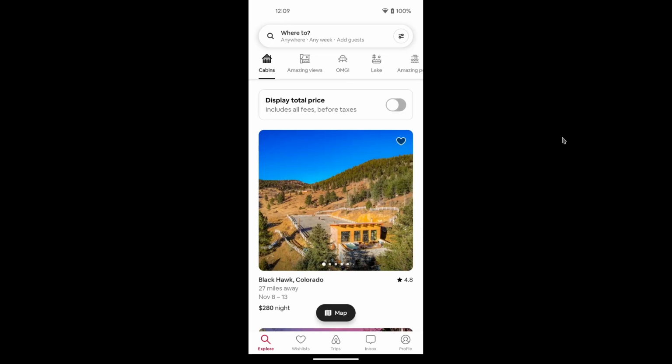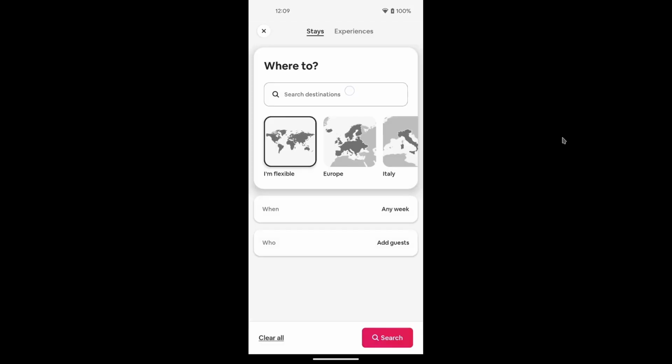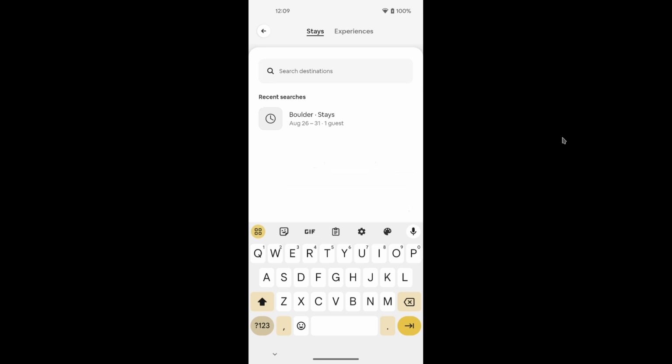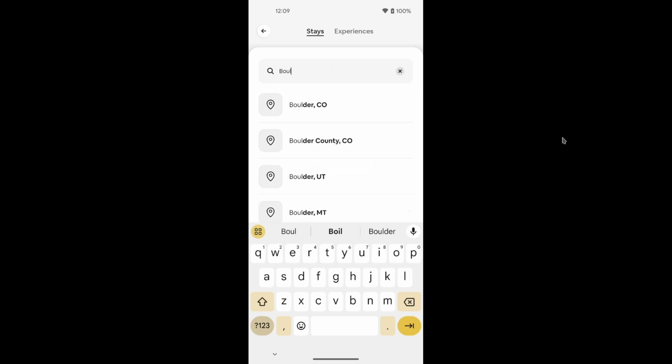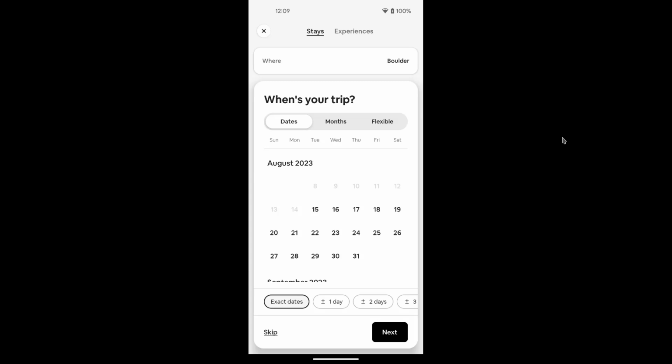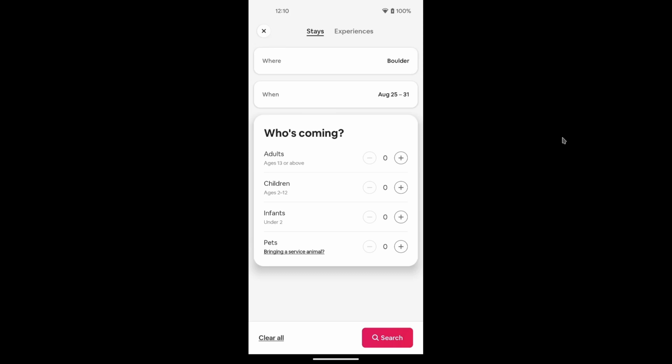Within the app, you can click the bar at the very top that says Where to, and search for the place where you'd like to stay. Then choose your check-in date, your check-out date, and click Next. Then choose the number of guests and click the search button.